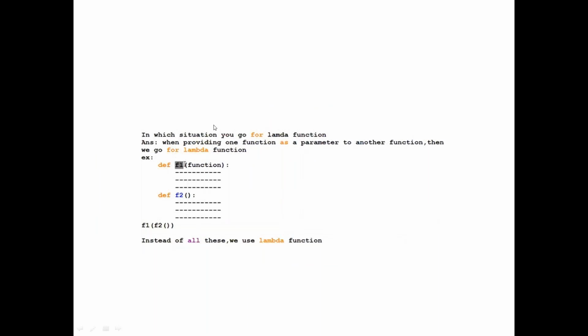In which situation can we use a lambda function? As I told you, in simple syntaxes with one argument and one expression, you can go with lambda. Apart from that, in case you want to call one function within a function, you can also use lambda. For example, when you are providing one function as a parameter to another function, then we can go for lambda function. That's one line syntax. I have a function f function